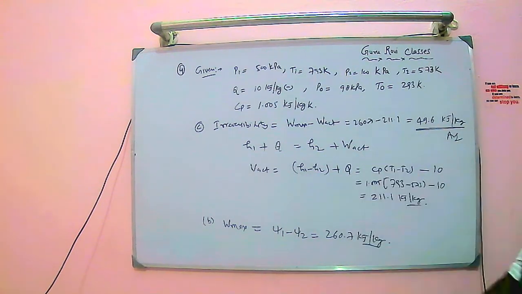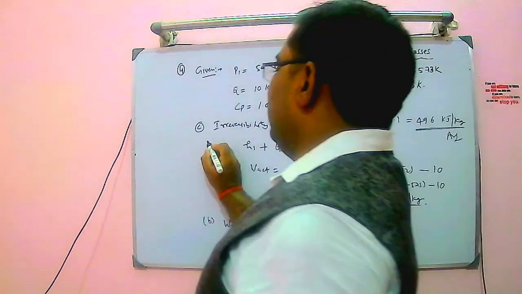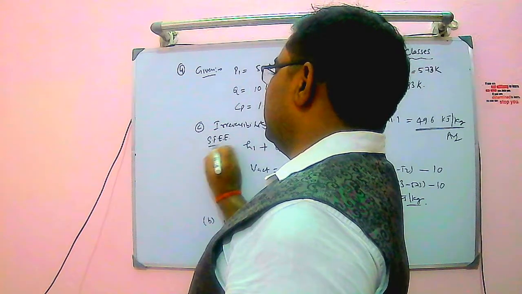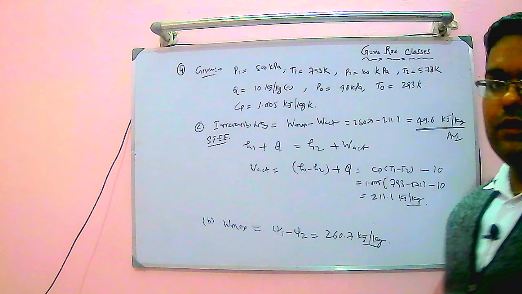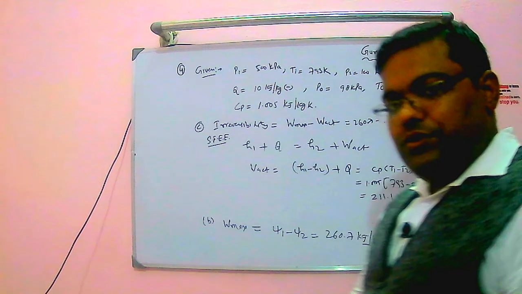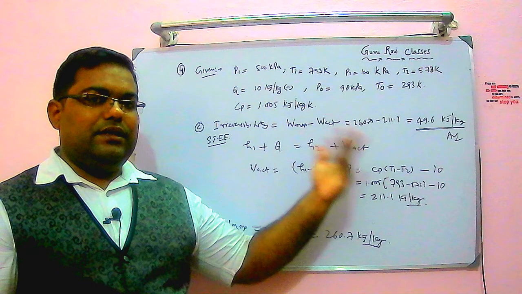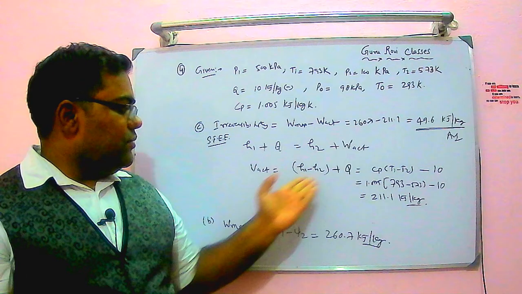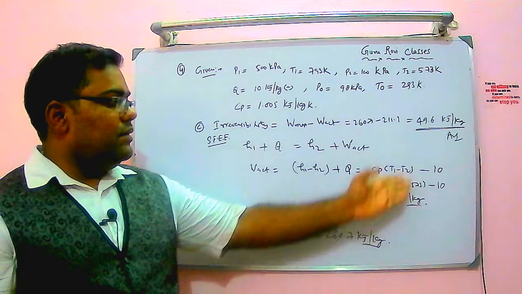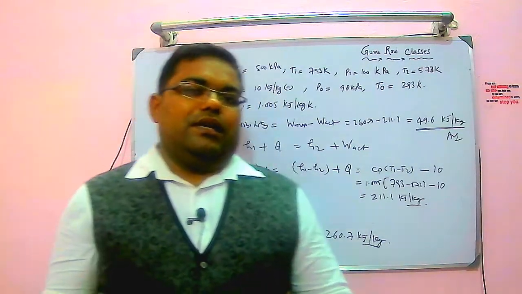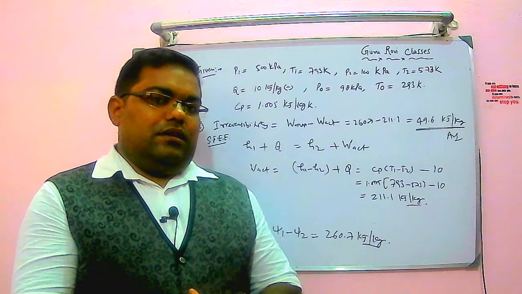So the actual work you got by using the steady flow energy equation, because it's an open system. If it was a closed system, we could have applied Q is equal to delta U plus W. As there is no displacement work, we have to go for the steady flow energy equation: h1 plus Q is equal to h2 plus W actual. Kinetic energy and potential energy terms are not available, so directly you can get the actual work. The difference will give the irreversibility. Like that you can solve problems based on availability and unavailability.